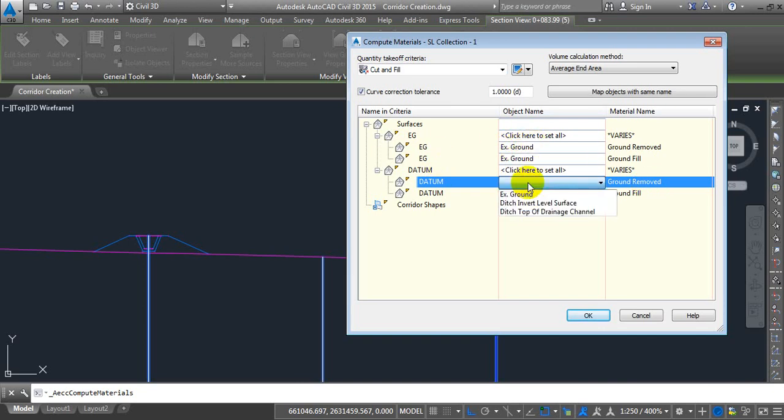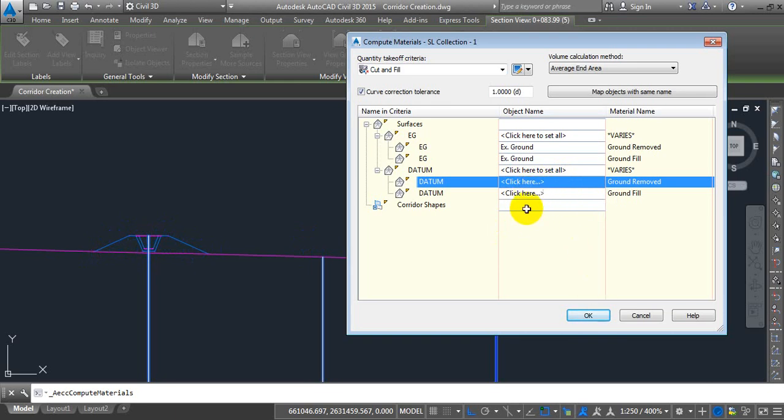So if I click it, right now I don't see that surface in my list, because we introduced a new surface. If you remember, we introduced a surface starting from here going this way. But that surface is not in my list up to this point. As you can see, it's not there, so I will have to make it part of